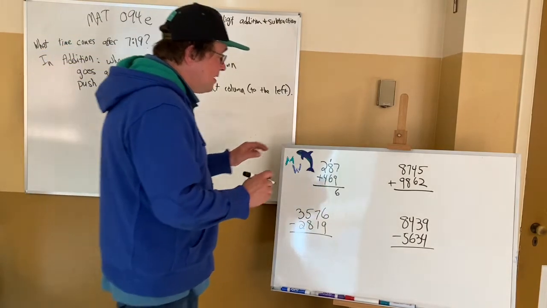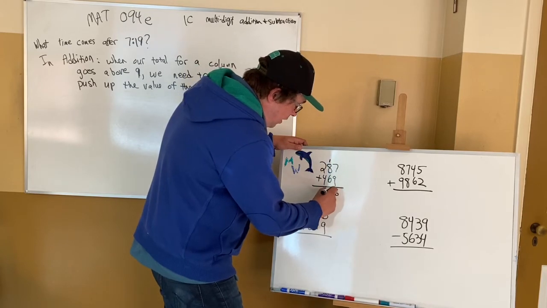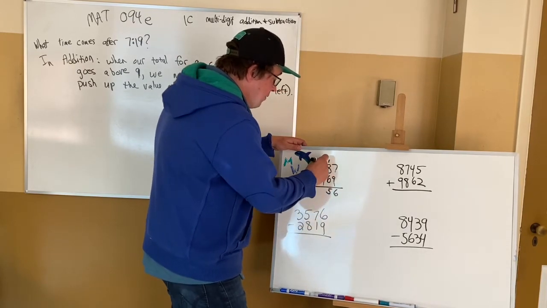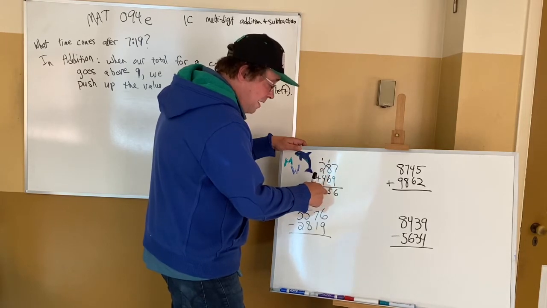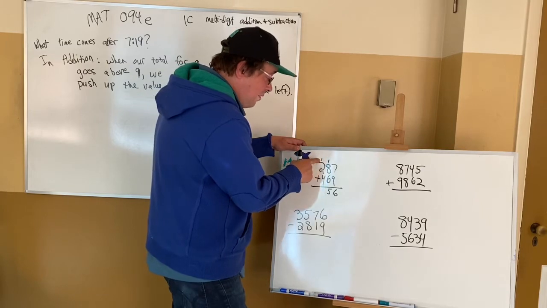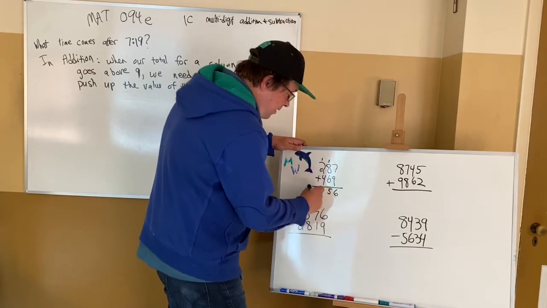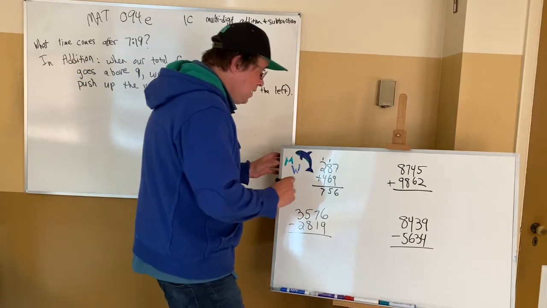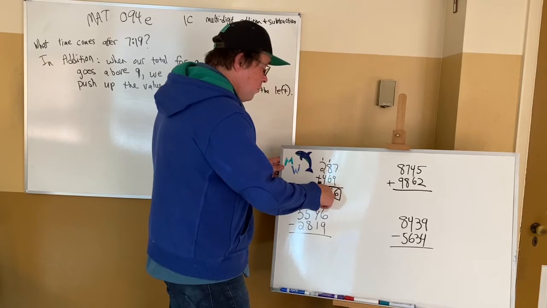But if you have 9 and 6, how about we take 1 off the 6, make it a 5, and make that a 10, and we're going to get 15. So now we've got 15, which doesn't fit in that space where the 5 is. The 5 can go there, but 15 means let me push 1 up to where now the hundreds are going, and I get 1 and 2 for 3, 3 and 4 for 7. 756 is it. If your number, such as the 16 that I made, wouldn't fit where the 6 goes, I